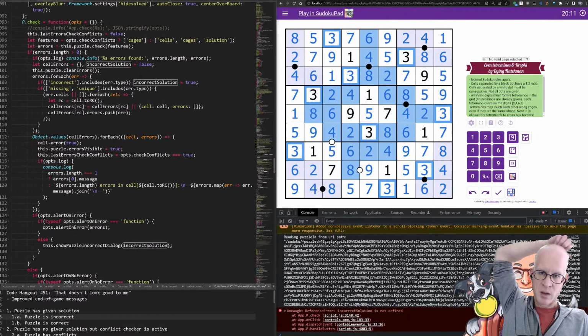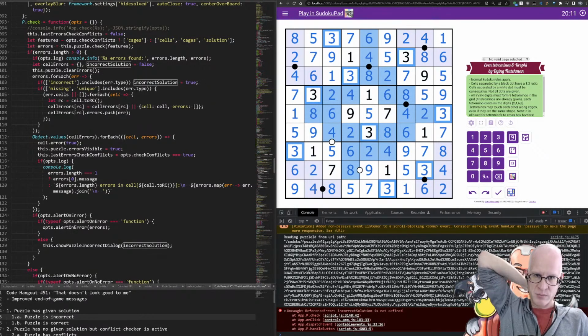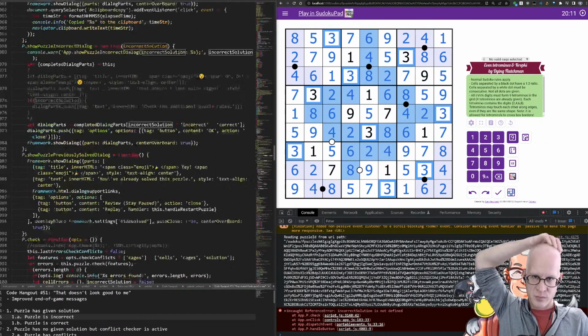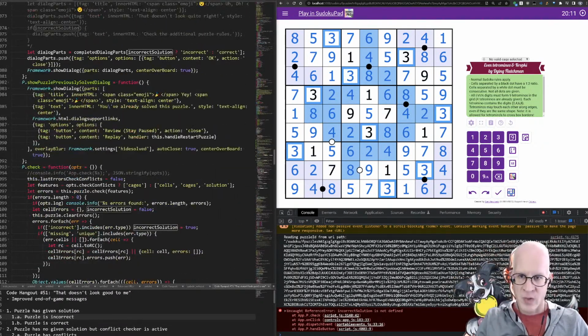Oh, okay. So it only checks for the solution if we have errors. Ah, so we don't actually have a positive. Okay.